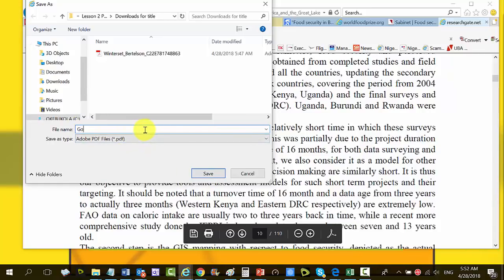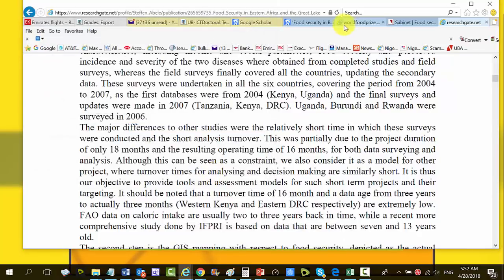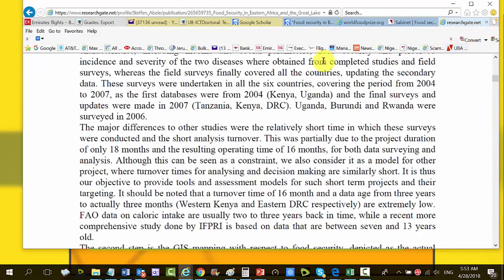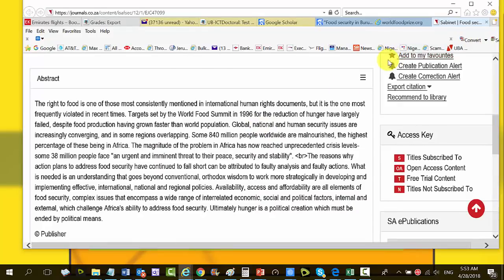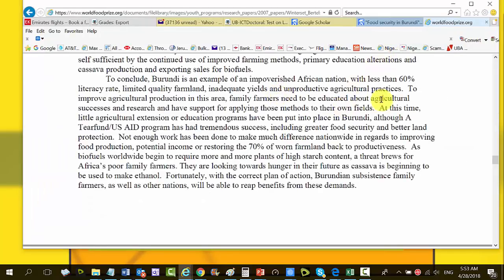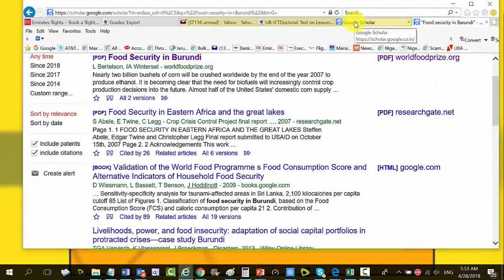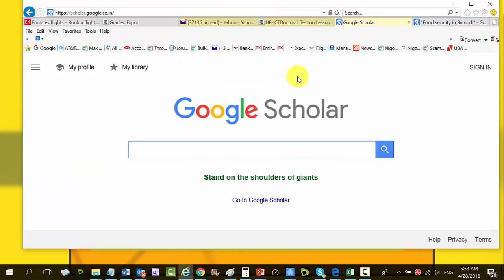It's a good one, so you can say good 2. If the first one is good 1, which I didn't label, it's okay. So good 2, we got that. We can close it. That's it. Oh, we didn't want this one. We already have done with this. Yes, so let's look at